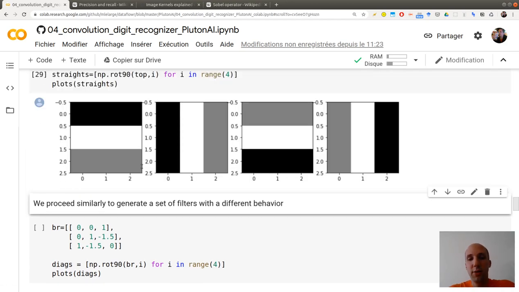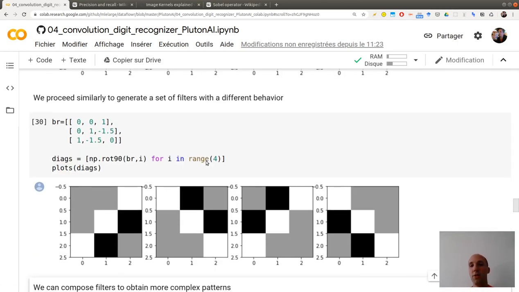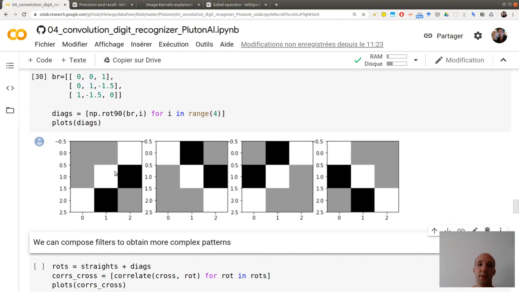So now what I will do is build a set of filters. This is sometimes called a bank of filters, because I want to identify different edges, different features in my image. So this filter is the original top one, and it will highlight the top horizontal line. This one will highlight the bottom horizontal line. And of course, these two here will highlight vertical lines. Now, I'm doing the same thing on diagonals. So this diagonal, this one but on the top, this one on the bottom, this one on the top, and this one on the bottom.